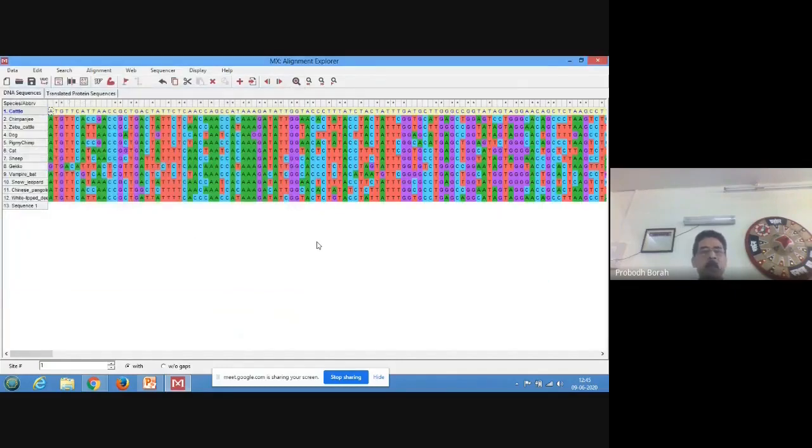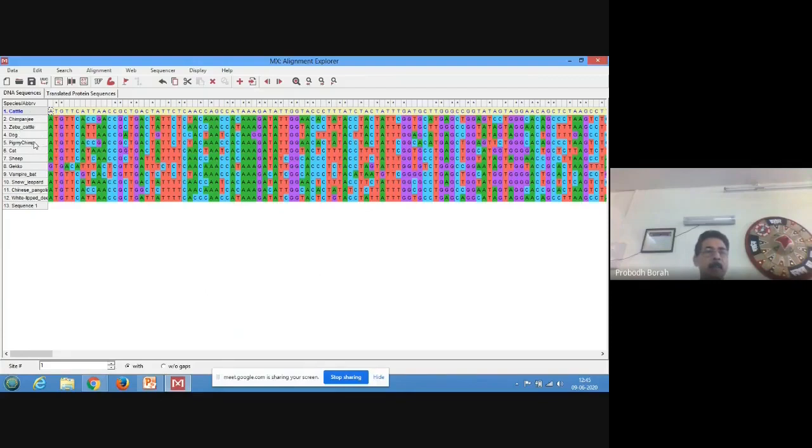So the sequences are brought. All sequences of COX1 gene from chimpanzee, cattle, zebu cattle. This number 1 cattle indicates the exotic cattle, Bos taurus, and zebu cattle means Bos indicus, Indian zebu cattle.